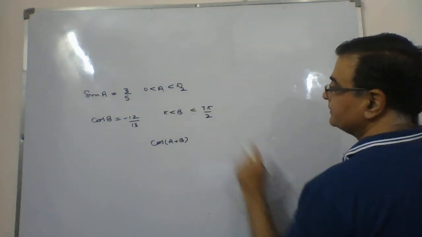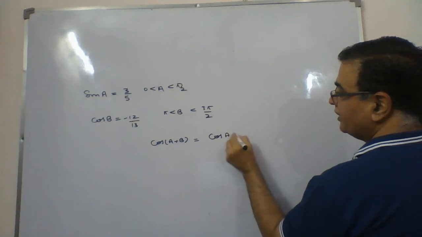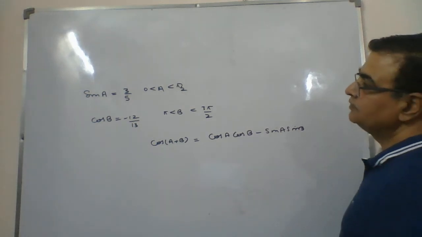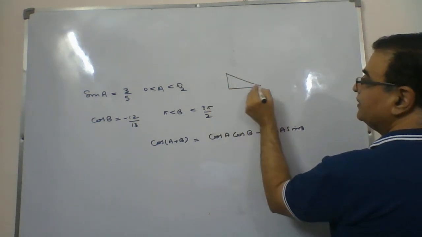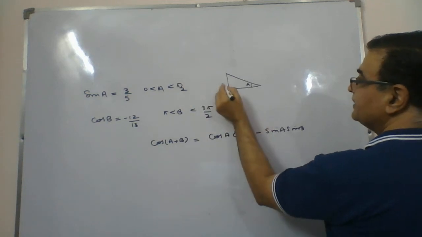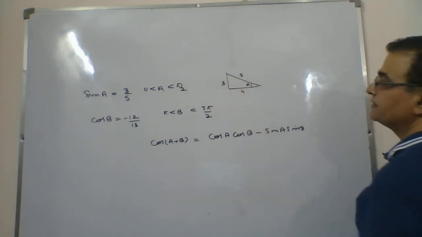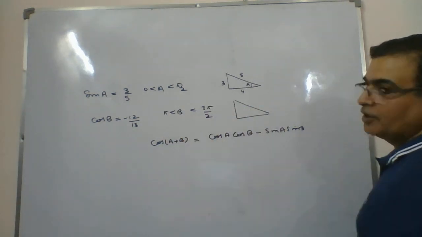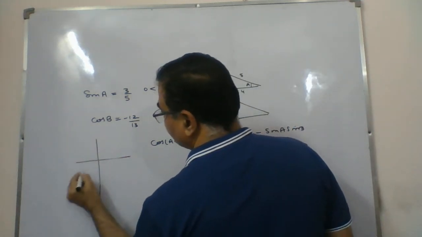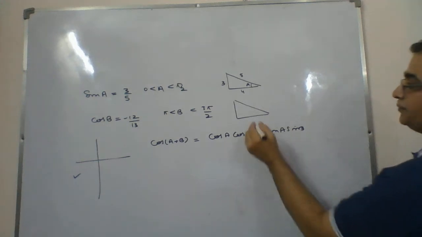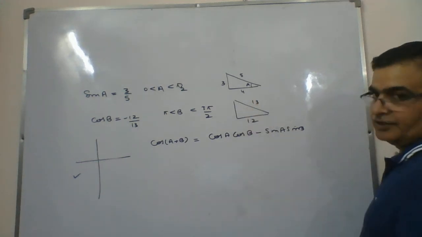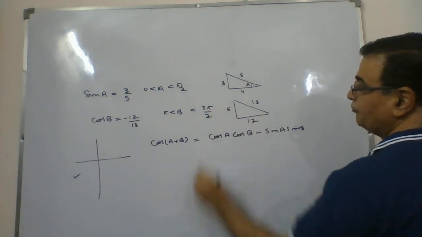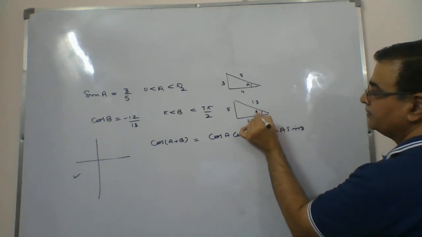So in this case, when you go for the formula cos A cos B minus sin A sin B, this is the formula we have done. When you go for a triangle, this is angle A and sine is there, so perpendicular, hypotenuse, this will be base. Same way here, minus is indicating why? Because it has gone in the 3rd quadrant here. And cos is base over hypotenuse, so 12 here, 13 here. 169 minus 144, 25, so it comes out to be 5. This is your angle B.